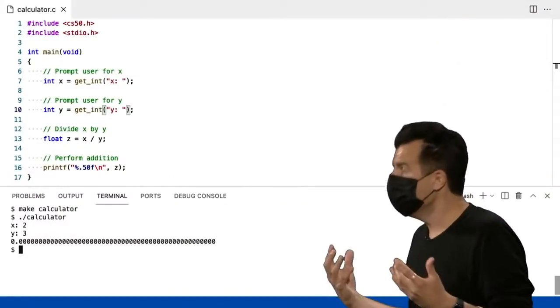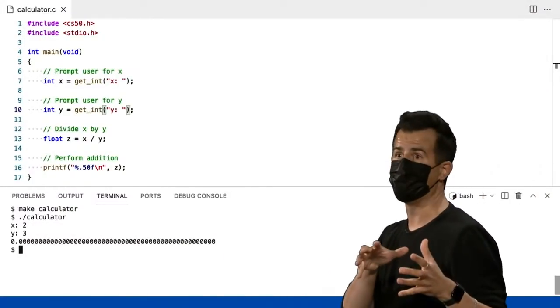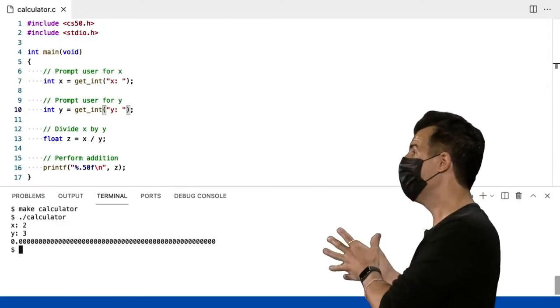So why is that? Well, it turns out that C, when dividing an integer by an integer, is always going to give you back an integer, an int. The problem is that floating point values don't fit in ints. Only the integral part to the left of the decimal point does. Everything at and beyond the decimal point itself gets thrown away, known as a feature in C called truncation. When dividing an integer by an integer, you get back an integer. But if you're trying to then store what's actually a floating point result in that integer, C is just going to throw away everything at and beyond the decimal point, leaving us in this case with just the 0 from what should have been